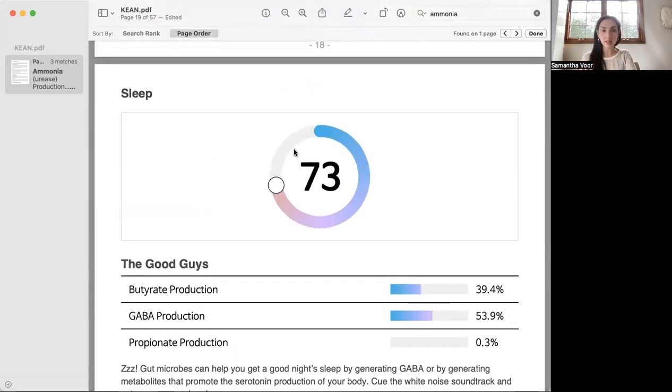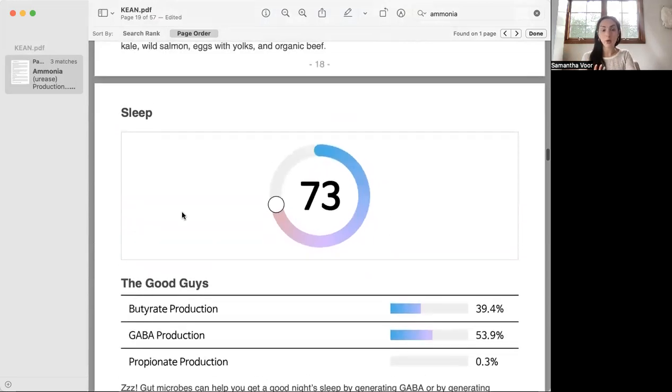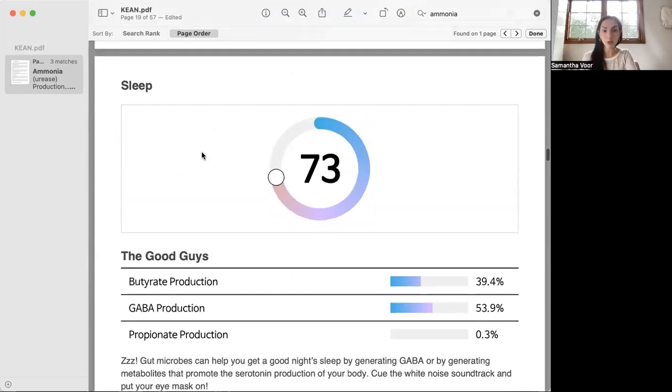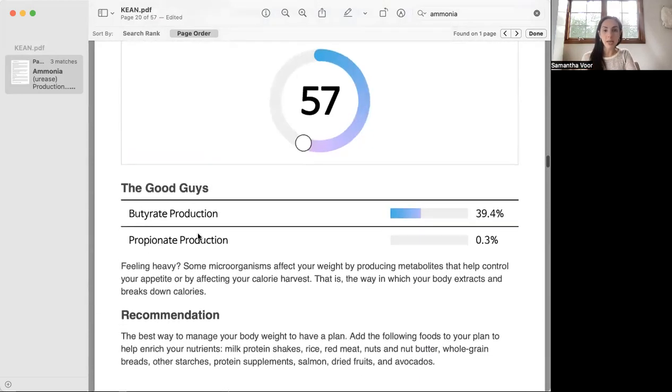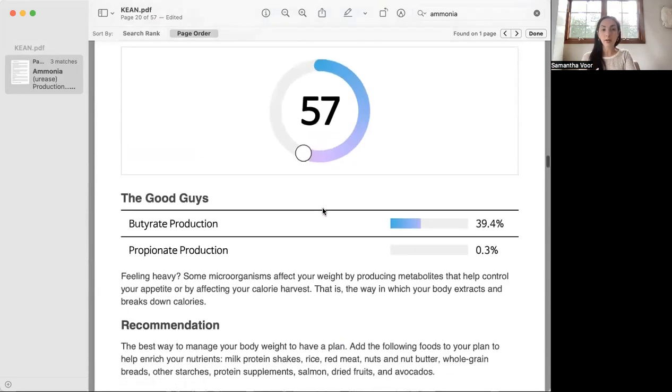This just divides them into, let's say, these players are good for sleep. So it would basically take what you got on these and divide and assess your sleep score. So your sleep is pretty good. Healthy weight, your butyrate was good, but your propionate was pretty low. So that kind of balances each other out. So again, working on the short chain fatty acids and that gut flora will be beneficial for your weight loss and your goals. So again, let me know if you have any questions and I will